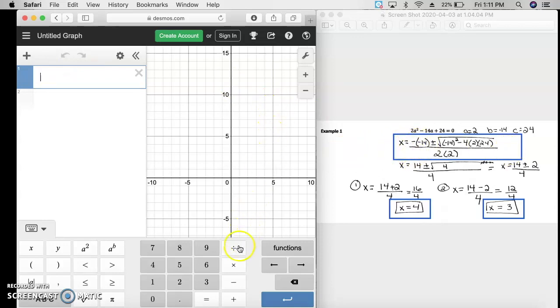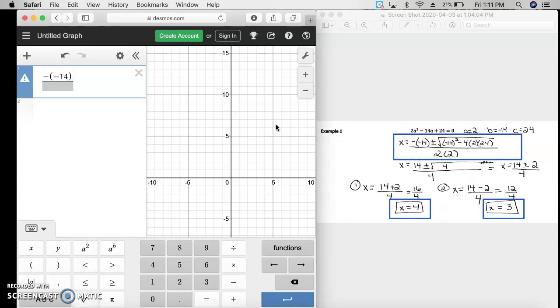The first thing we're going to do is make a fraction bar so that we can separate the top and the bottom. So you're going to hit the divide and you'll get a fraction bar. I want to make sure my dashed line is on the top. Now I'm just going to start typing in everything the way I see it. So negative